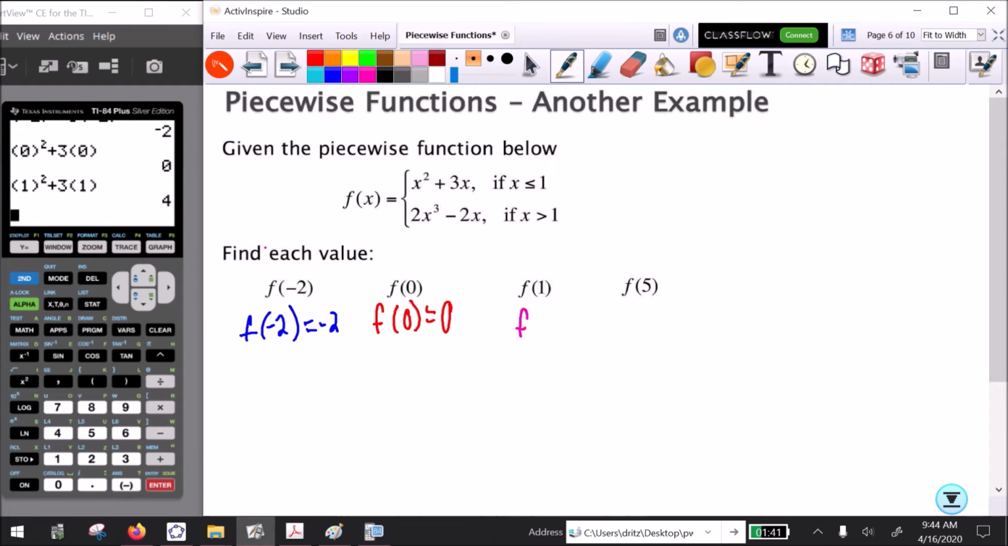And we get 4 as our output. Finally, let's evaluate the function for x equal to 5. Is 5 less than or equal to 1? No, it's actually greater than 1, so we're going to plug it into this part of the function for the first time. So we have 2x cubed